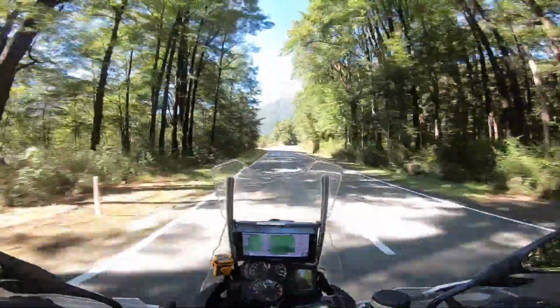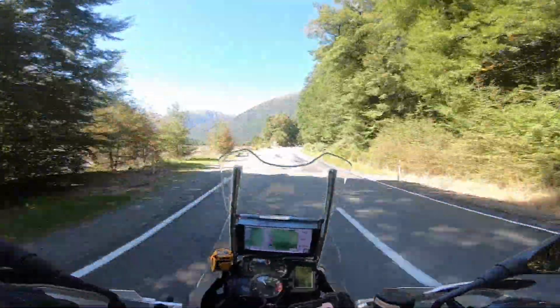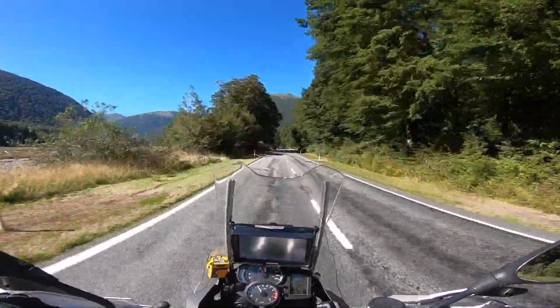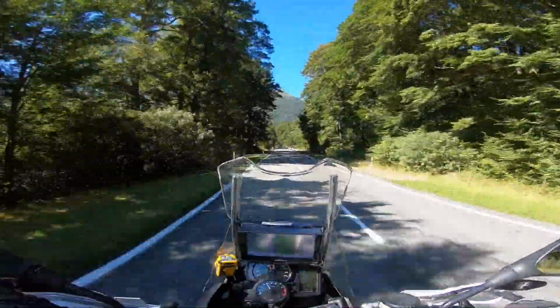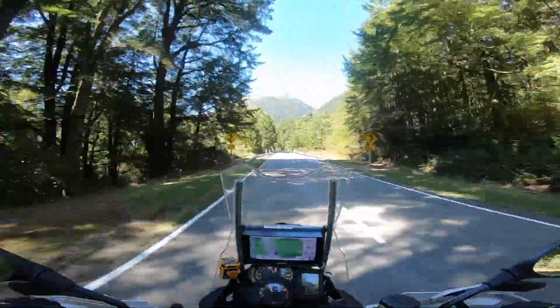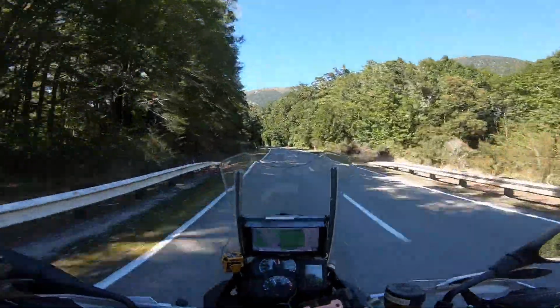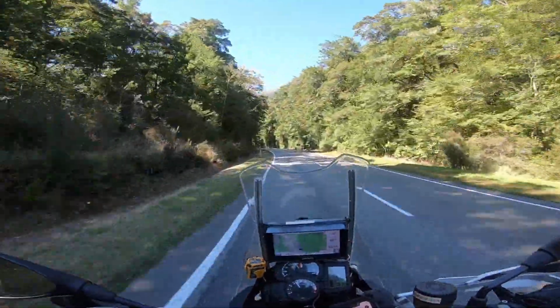Whether it would be flooding or there'd be stones on the road, etc. But they've since been bridged. Maybe this is one here I'm coming up to now. Let's have a look at that. Yeah, this would have been one where there was a water course years gone by, but they've all been upgraded now to